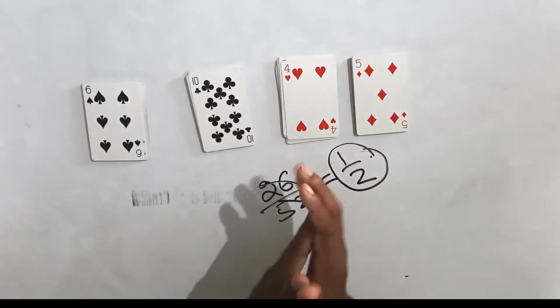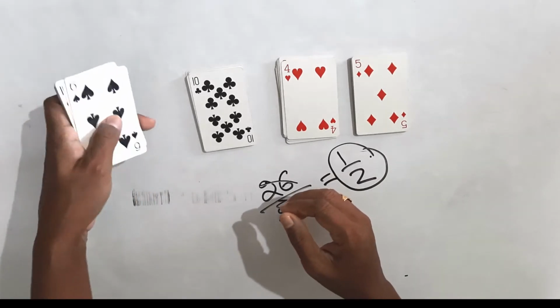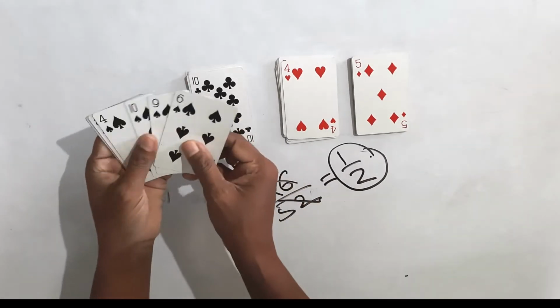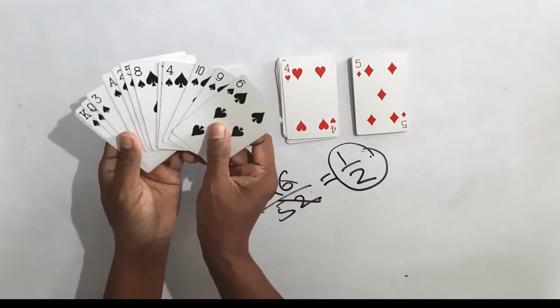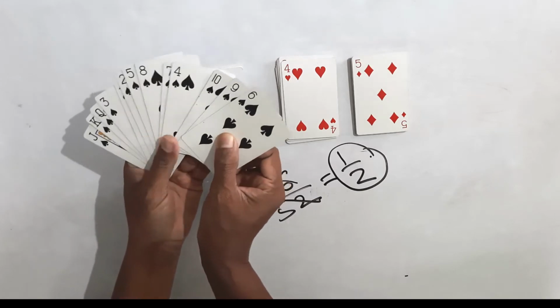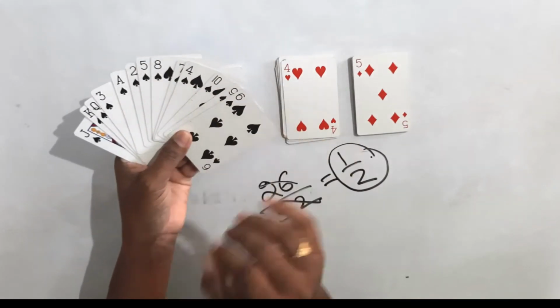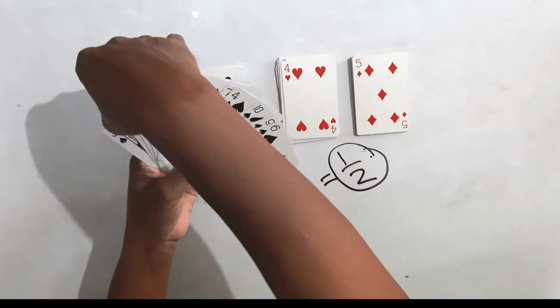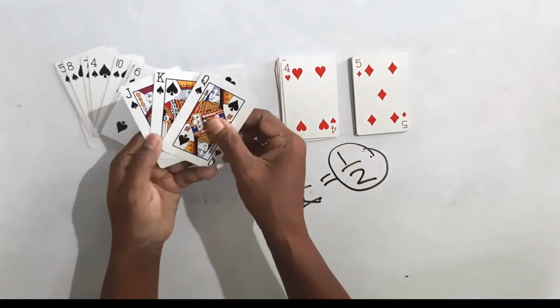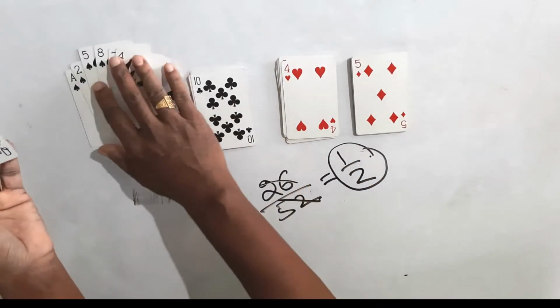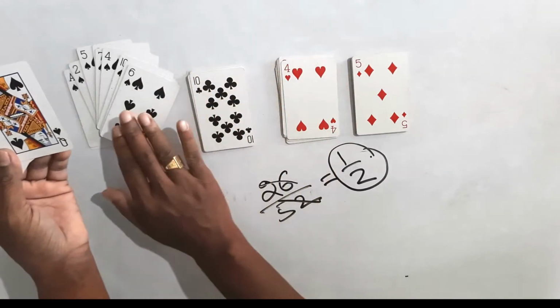Now guys, let us take any one type of card. Here I have selected the spade. Now look here, you know there are 13 cards in each type, so in spade also there are 13 cards. Now look at these three cards. These three cards contain a face, while the rest of the cards in spade do not contain a face.